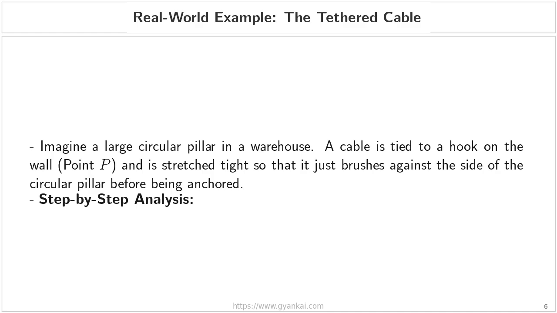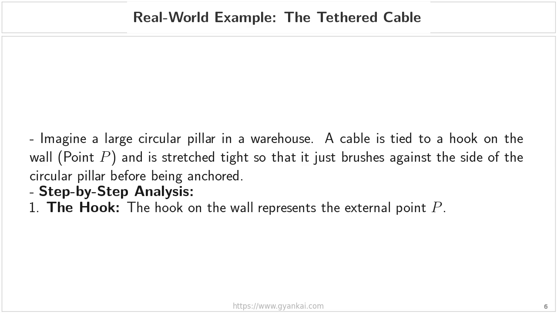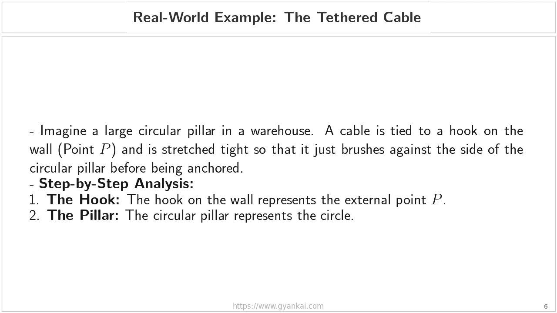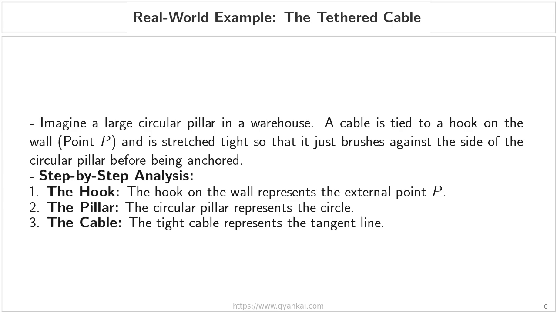To help us connect this to the geometry we just discussed, let's perform a step-by-step analysis of this scene. First, look at the hook on the wall. In our mathematical model, this hook represents our external point, which we call point P. Second, the large circular pillar itself represents our circle. Third, the tight, stretched cable represents our tangent line. Notice how it doesn't cut through the pillar, but stays on the outside, just like the definition we saw in